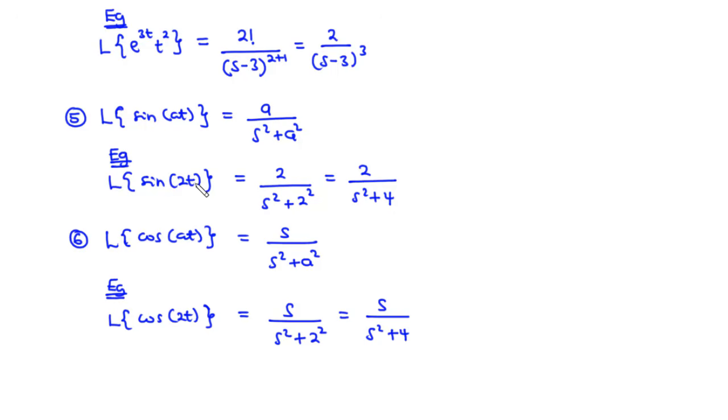So note the difference here. If you have the Laplace transform of sine at, that is a over s square plus a square. If you have the Laplace transform of cos at, that is s over s square plus a square. So for sine you have a, for cos you have s. Now let's move on to the seventh function. So the seventh function we are going to consider here, we are going to consider the function f of t equals sinh of at,